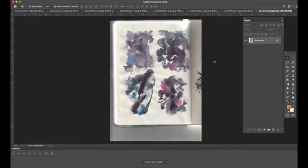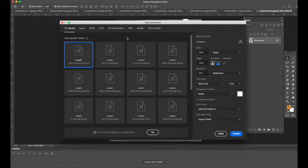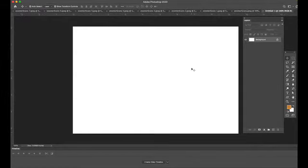There we go. Okay, so we got these, and in addition to having these JPEGs open, we want to create a new document. So Command N. This one is a good size, 1920 by 1280. This is going to, as you see, be a landscape version, and the resolution is relatively low, 200 pixels per inch. Background white, and go ahead and create. Okay, so this is going to be the basis for our